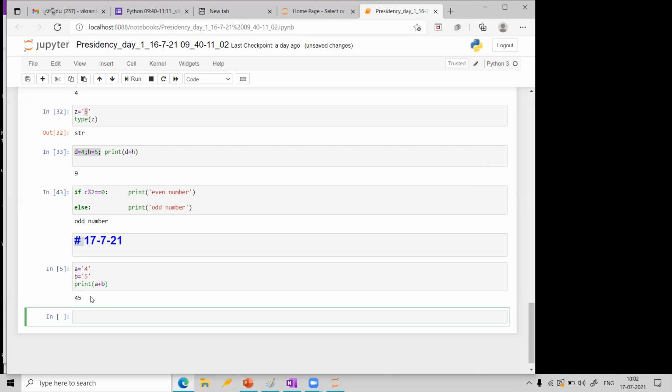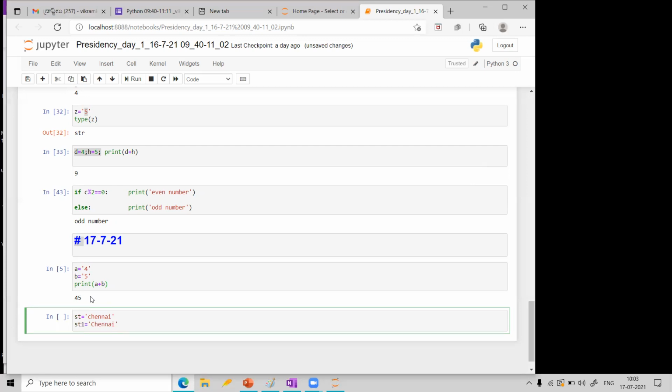Now we will see some more things which we can do with strings. Suppose I want to check whether two strings are equal or not. For example, let me call st is equal to Chennai, and then st1 is equal to Chennai.